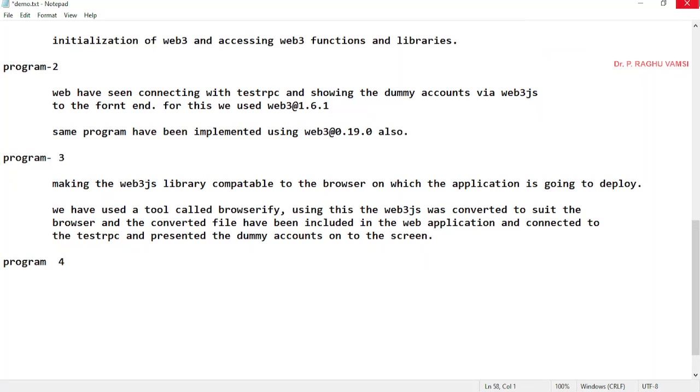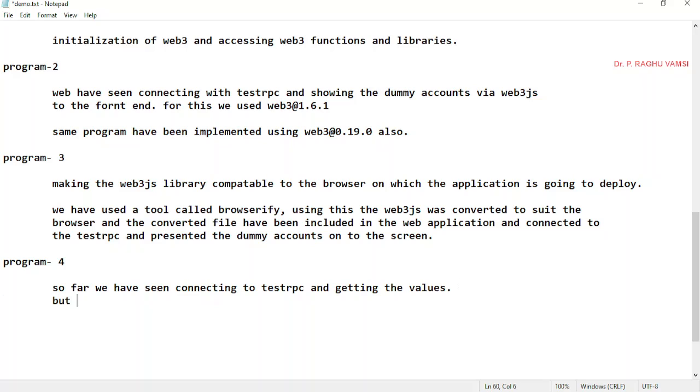Whatever code we are writing, or the testing of Web3.js so far, we have seen testing, connecting to the test RPC and getting the values.